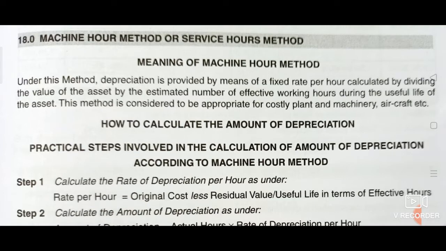This depreciation, that is the machine hour rate of depreciation, is calculated after estimating the total number of hours the machine worked or would work during the whole lifetime. Obviously, these hours may vary from time to time due to changes in economic conditions or technological conditions, etc. But we can use this method to calculate depreciation.